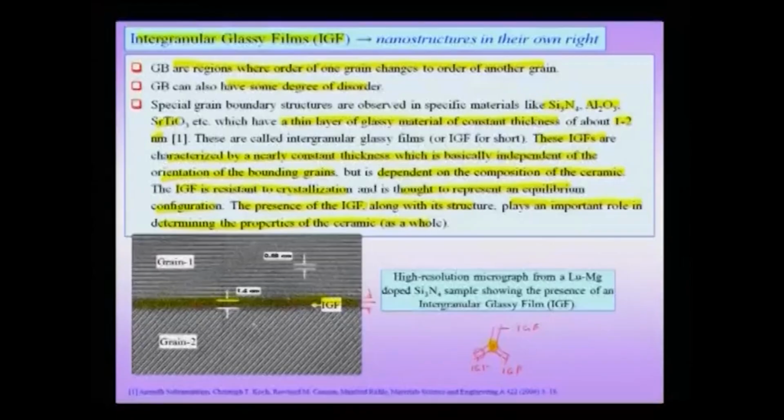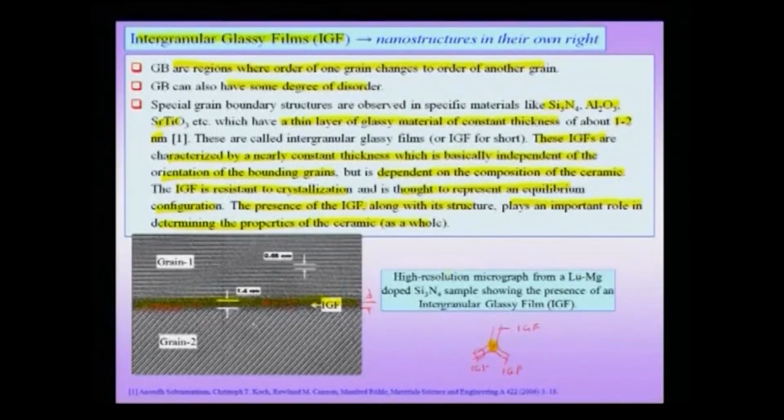Suppose I tested this ceramic under impact, then it is likely that the cracks would actually propagate in an intergranular mode, and the crack would grow along these IGFs. Even molecular dynamic simulations have shown that the crack would tend to propagate along the interface between the glass and the ceramic, or between the IGF and the ceramic. So, even though this is a small volume fraction of the material, its effect on the creep properties of the material, the fracture toughness, etc., becomes profound, and therefore, it is important to study these IGFs